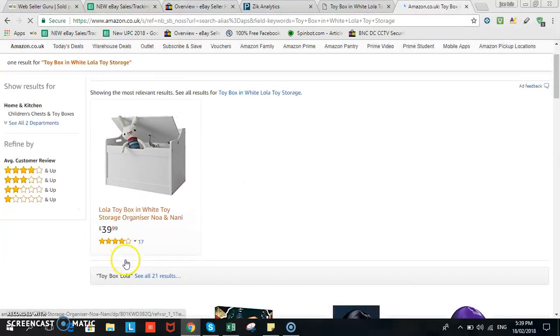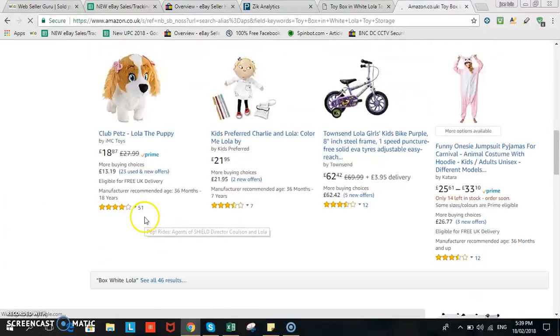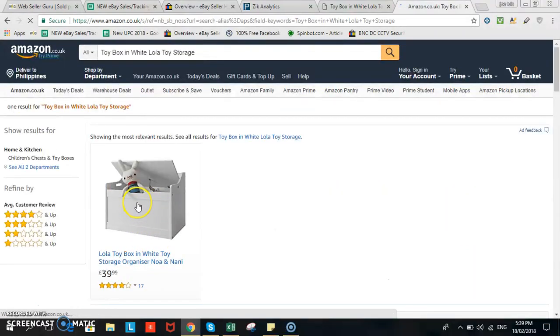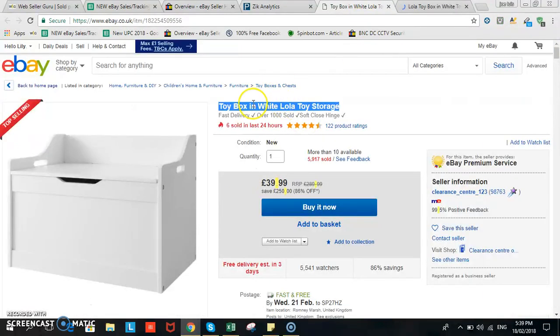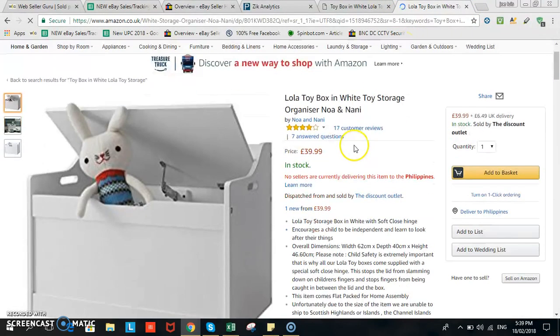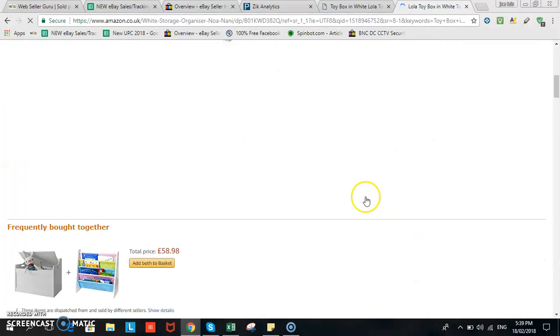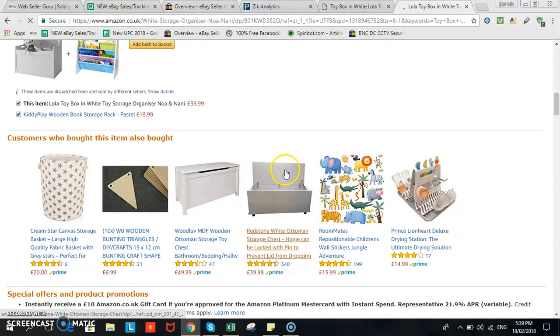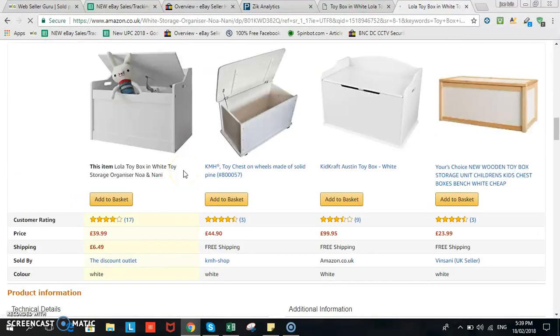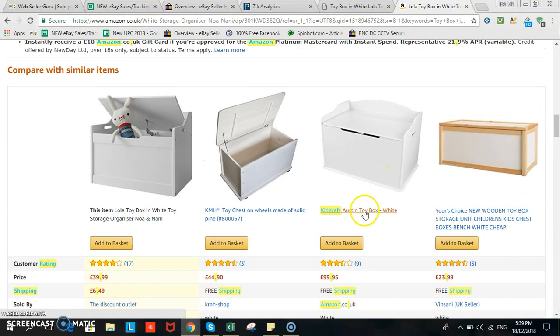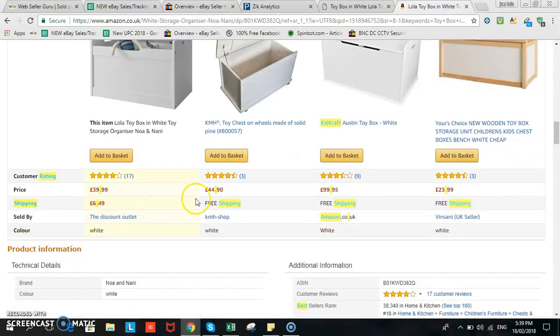So there you go. It looks very similar. I mean, I think this is the one, but I don't know. No, not toy boxing. But here you can see there's a 6.49 delivery. So what if that is happening? In that case, I will choose a similar one like this one or this one, but I will not go too far beyond